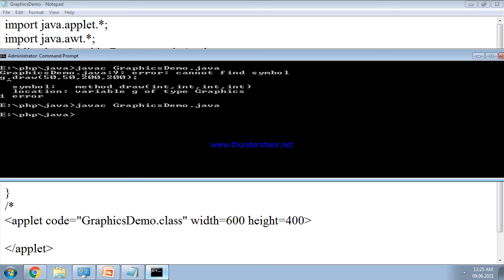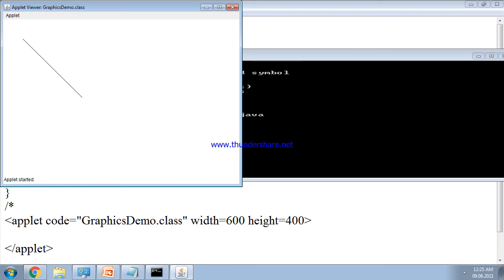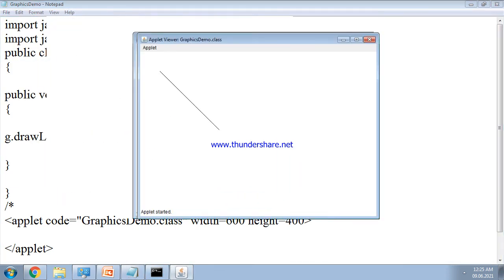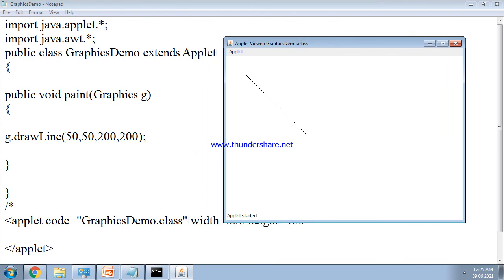Now run the program: appletviewer graphics demo.java. Now it draws the line whose starting point is 50, 50 and the ending point is 200, 200.